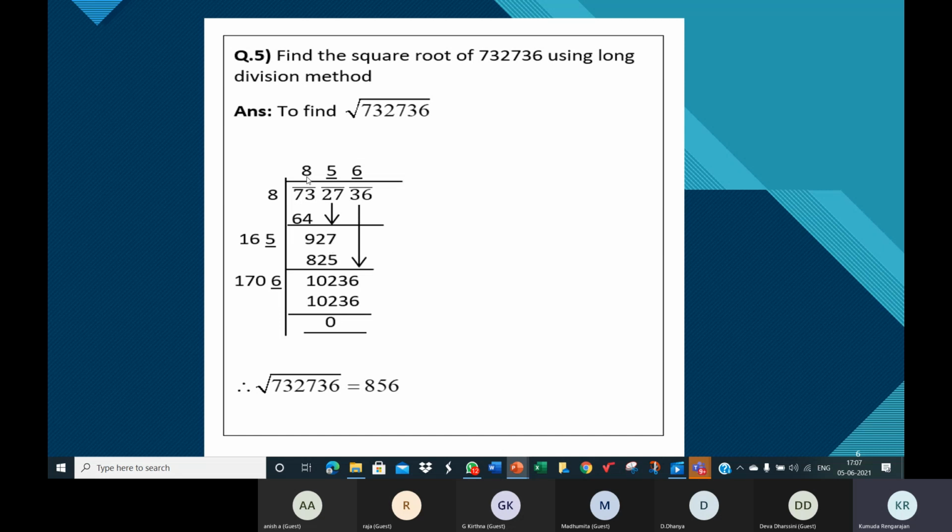After this, go to the quotient. We have 8 there. We haven't still written 5 and 6. We have only 8 there. Double the quotient. Multiply that by 2. 8 into 2, 16. Place the 16 beside this number. You have the remainder and this 2, 7 down here, right? So beside this number, place the number 16. How did we get 16? Double the quotient. 8 into 2 is 16. Write it here. Don't write it very close to the margin. Write it like this.